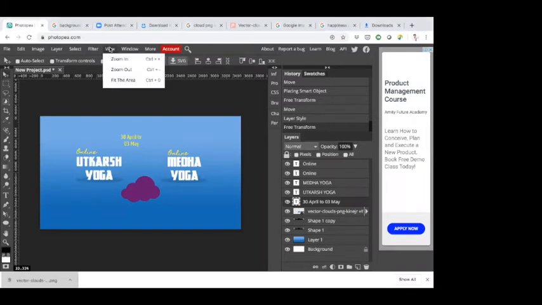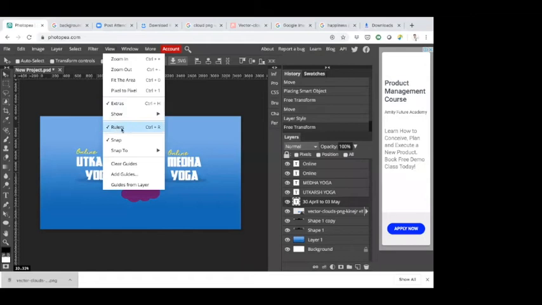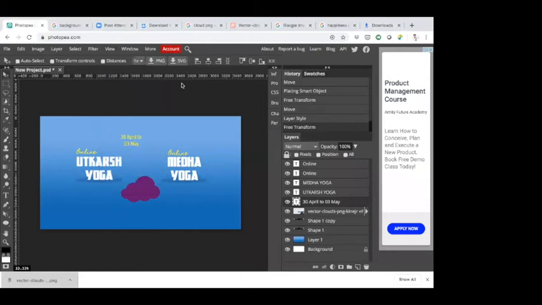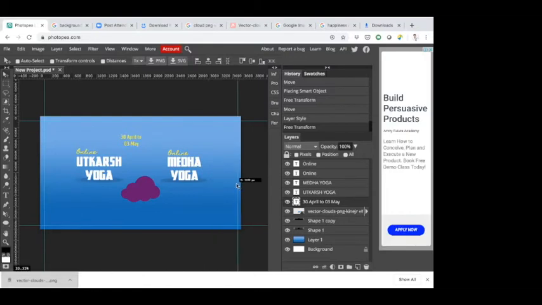So for that, first click on View, click on Rulers, make sure the ruler is enabled. Now drag from up and place the guide on top. Similarly from the right, and have the guide here. I'm repeating the step so that this is kept so that we don't put anything beyond this border. This is just for our own sake, nothing else.